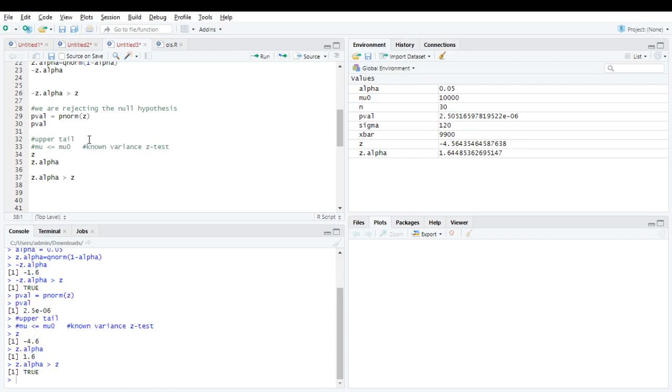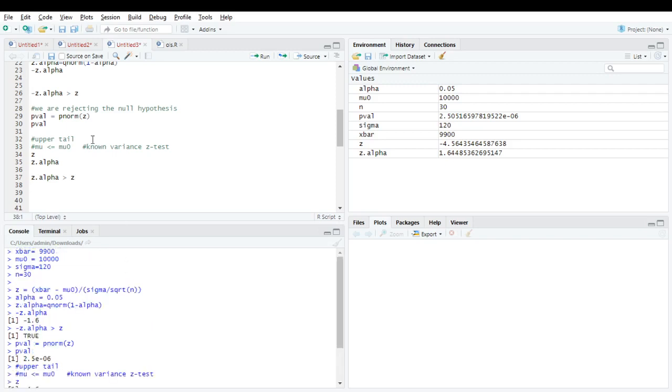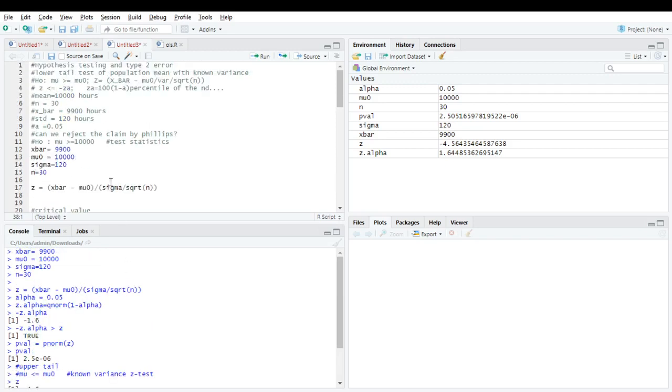That means in this case, what will be our hypothesis? That mu is less than or equal to 10,000. Okay,